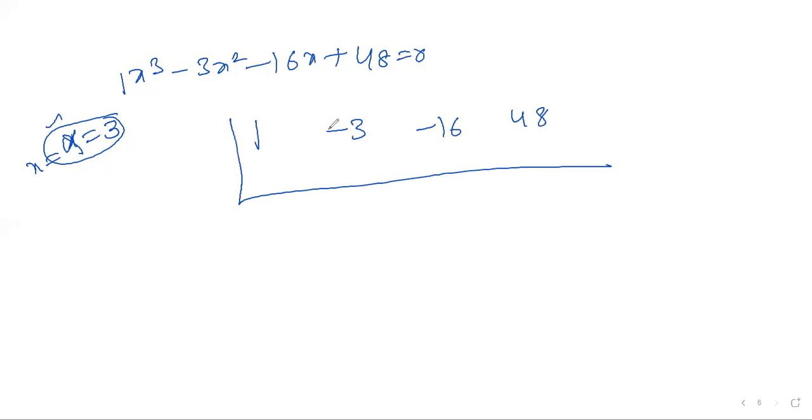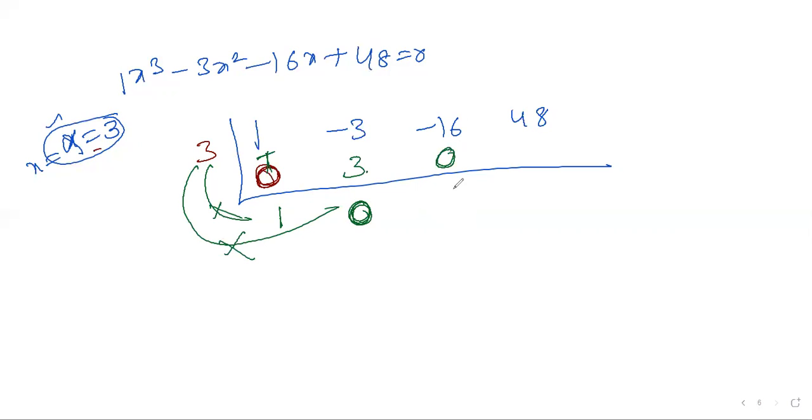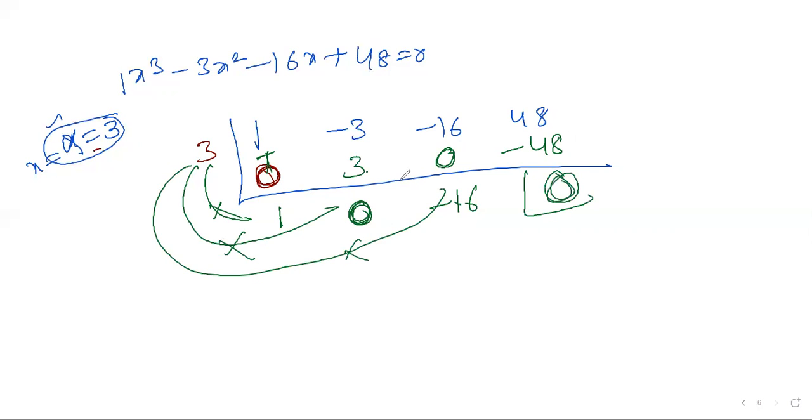If you are doing it the very first time, listen once again. First, the root 3 is there, right? Default value is 0. After that, you should work it out: 1 plus 0, 1. Then 3 into 1, answer is 3. Minus 3 plus 3, 0. Next 3 into 0, 0. Then minus 16. Minus 16 into 3 is minus 48. Answer is 0. The ending answer must be 0. Then only your root is correct. Otherwise, the answer is wrong.